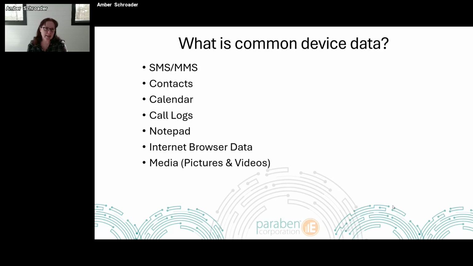So if I'm not seeing a good collection of this information, there's typically something wrong in that last step we talked about, which was the acquisition stage of the process. I'd want to go back and ask, why am I not seeing a large collection of SMS or MMS? Because let's be serious, it's extremely rare that someone only calls on their phone. Even as people are aging, my grandmother could still text me and she was in her 90s. So we know we should see this type of data.